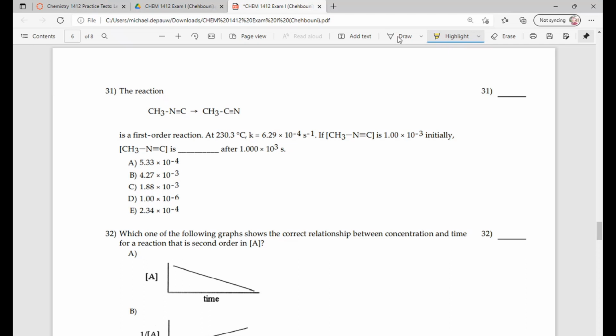I don't know if your professor is going to give you the integrated rate law, but if they don't, the integrated rate law that you have to memorize is as follows. Ln of the concentration of a substance at time t is equal to negative kt, where k is the rate constant,